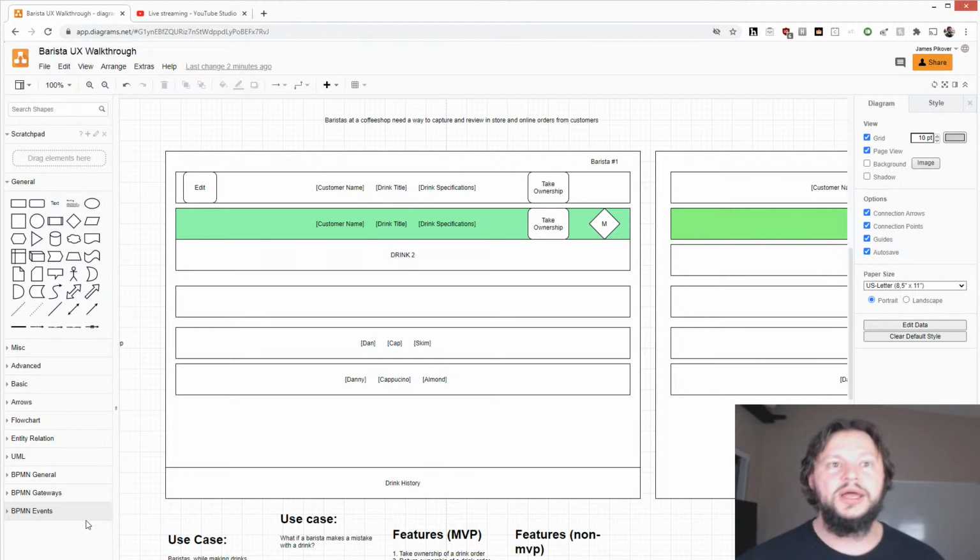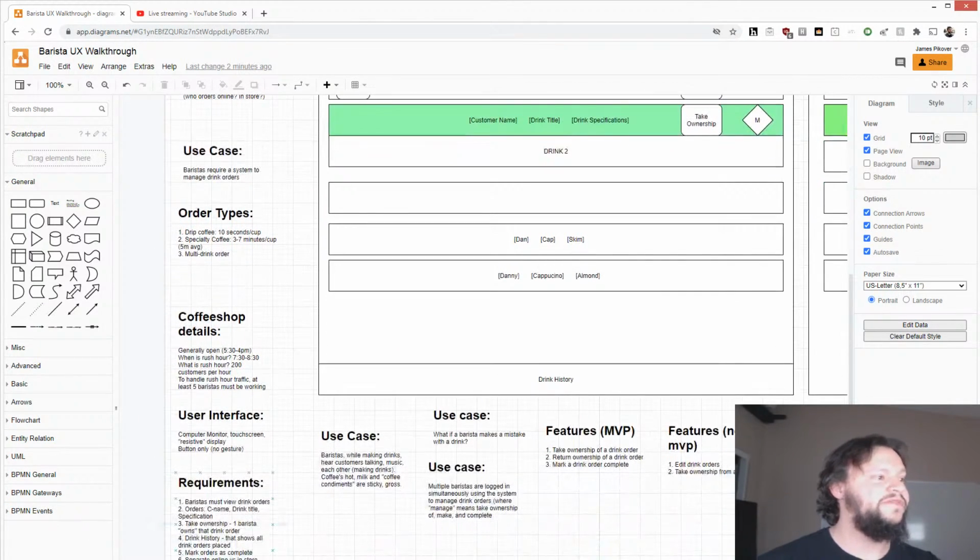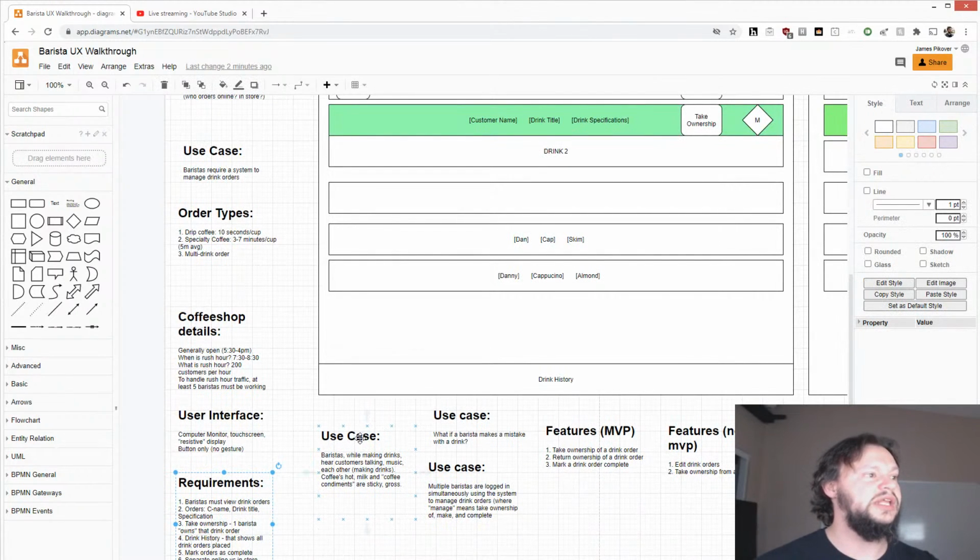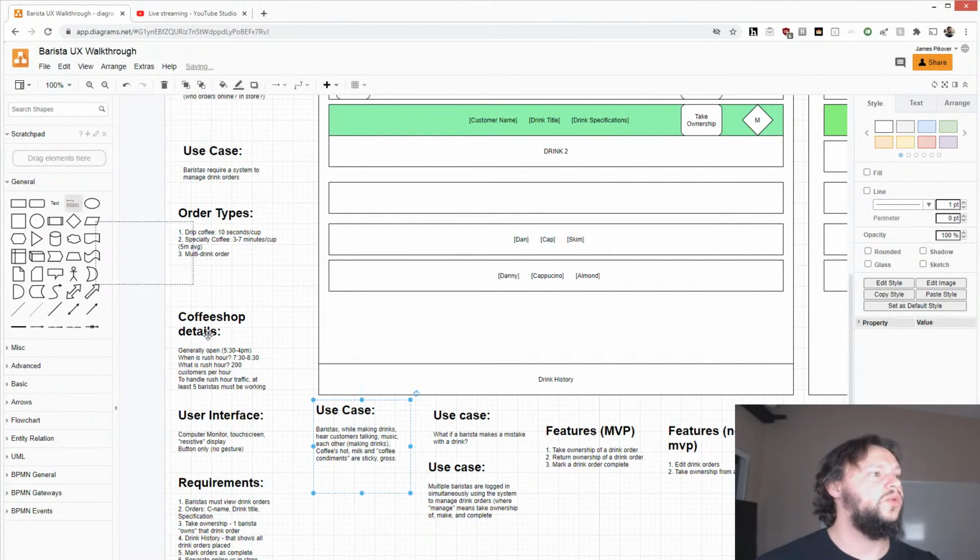And with all that in mind, can a store even fulfill my order as an online order if they've got a line of 50 people? Probably not, especially if it takes, on average, a minute per drink per barista. Therefore, we need to be able to make sure the queue is handled appropriately. So if that queue exists, we need to have a separate use case for it, where that use case is going to probably be defined as something like